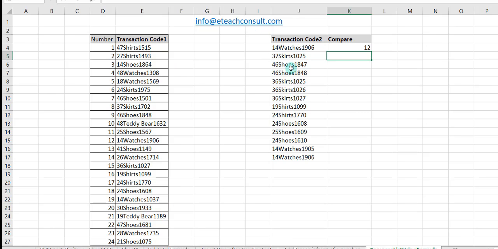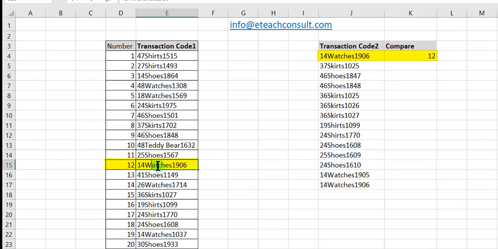Then we enter. What it means is that this particular transaction code 2 can be found in the number 12. That's row 12 here, as you can see. So 14, you can see that is the same. So you have this transaction code here. Now if we drag this down,